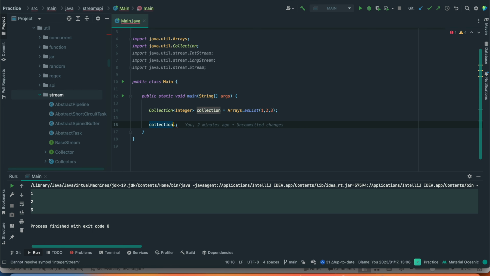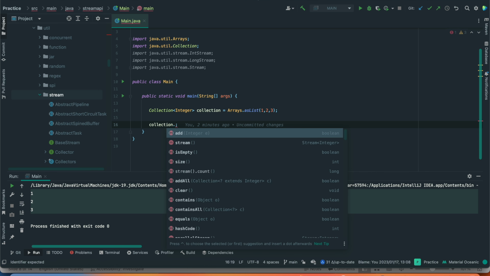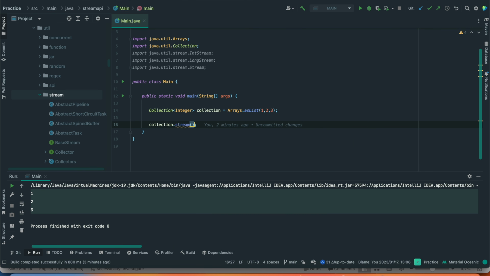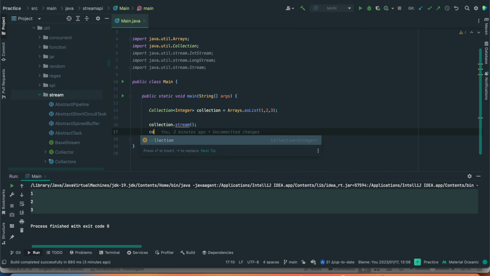If you say collection.stream, and if you say collection.parallelStream, this will give you different